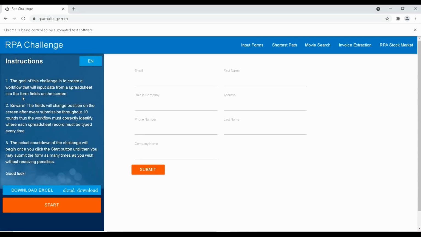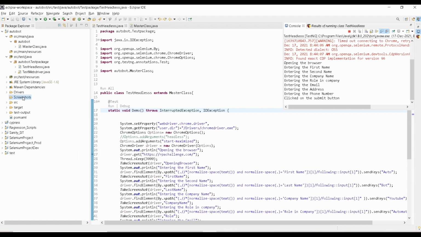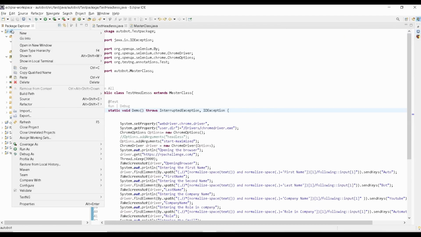Then again for each field, it will take one screenshot, and it will create a PNG file. Okay, so that's it. Our execution got completed. Let me do one thing. Let me refresh this.